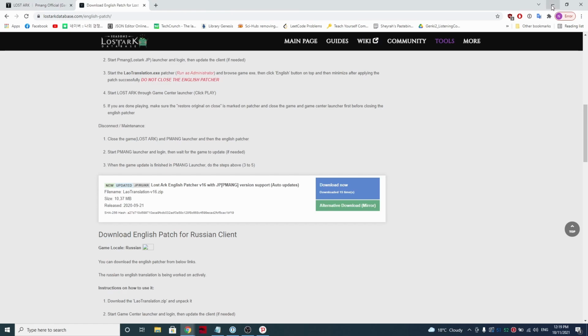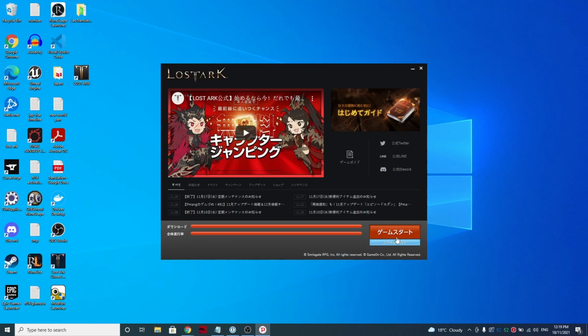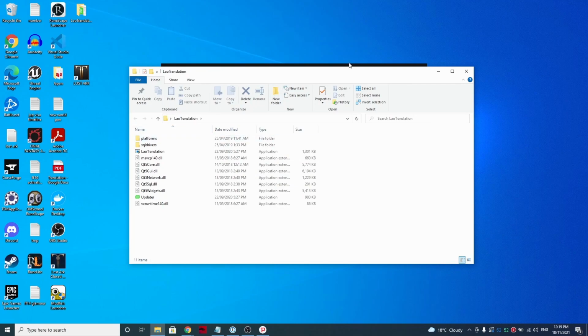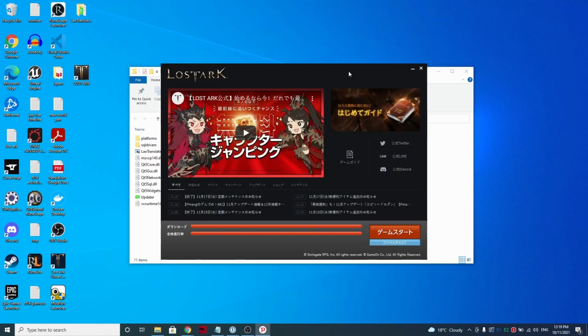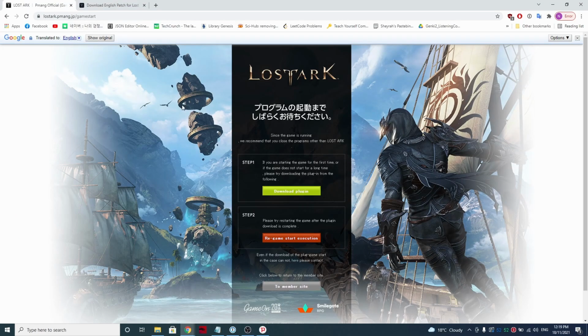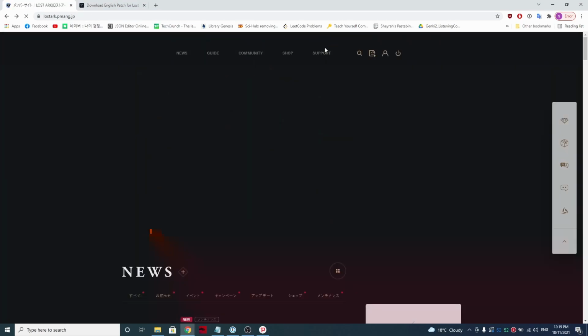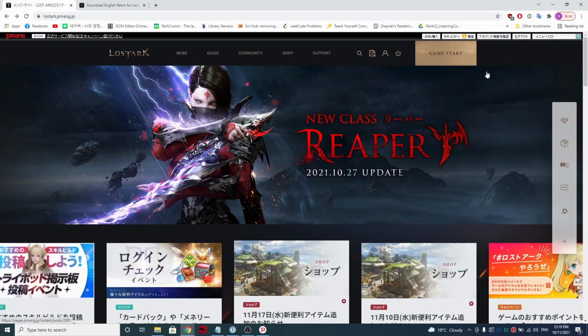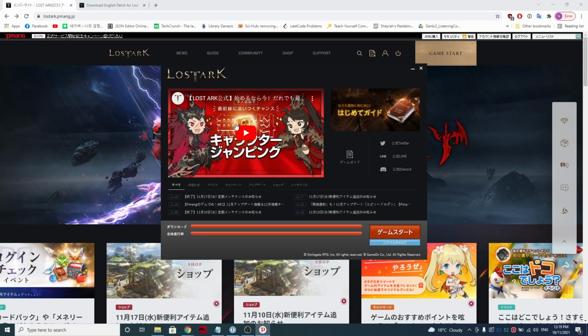Now that the Lost Ark patcher has been downloaded, what we want to do before we click on game start is apply the English translation. So just a heads up, whenever you want to play the game, number one, ensure that you're connected to the VPN. Click on the Lost Ark shortcut icon, which will take you to the pmain website. So it will take you to this website here, and then all you have to do is click game start, which will then open up the pmain